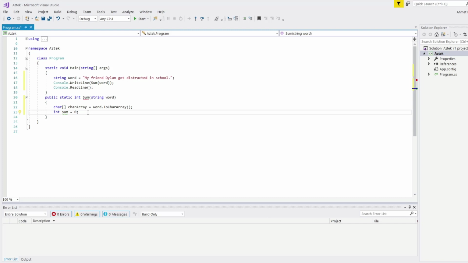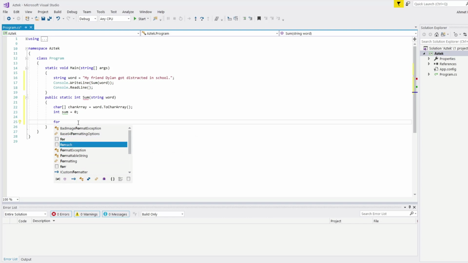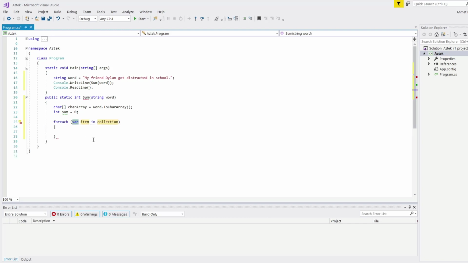Then I'm just gonna create a loop. For what? For counting each character in my string. How are we going to do that? We can just create a for loop and get the word's length, or a while loop and do the same thing, or an easy one, we can just write a foreach loop. Then I'm just gonna click tab again, then I'm just gonna say char array, so I'm gonna check every item in my char array and say if that item,